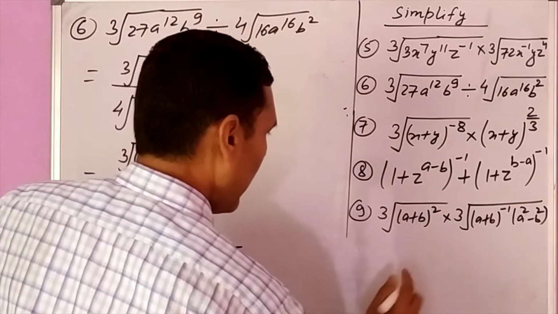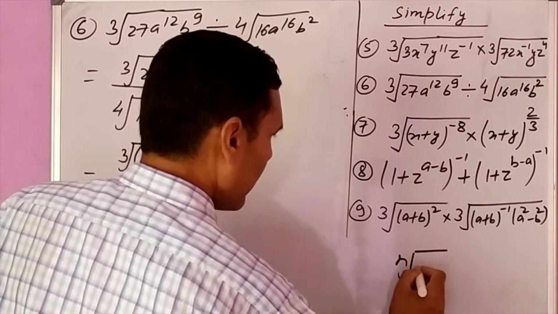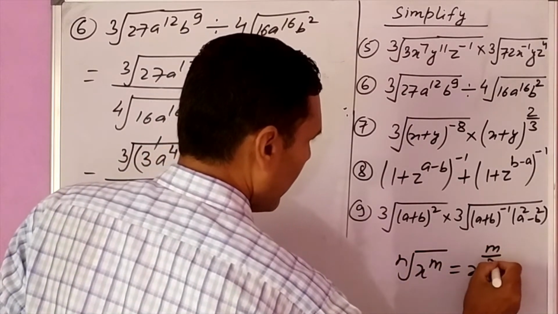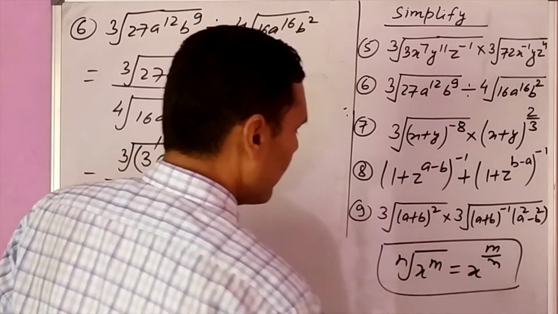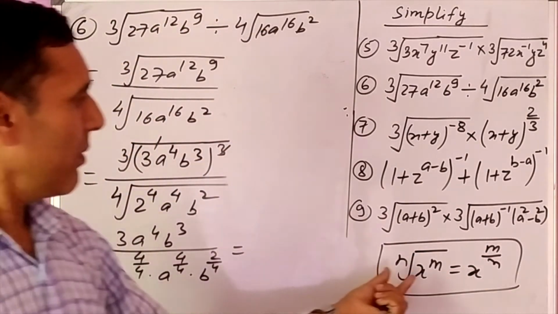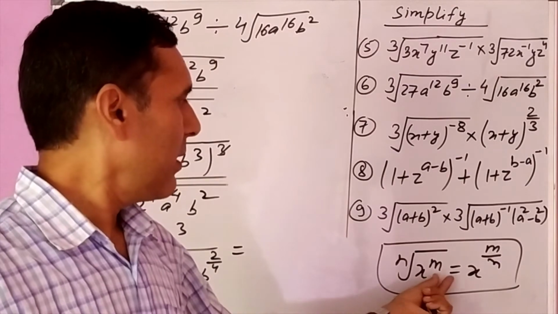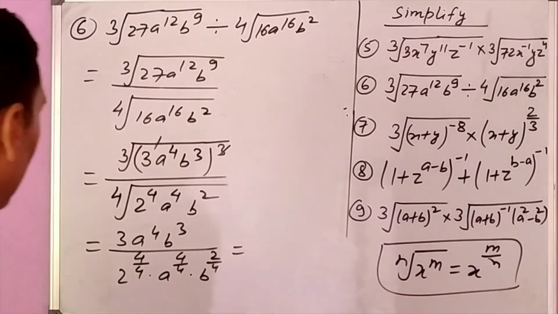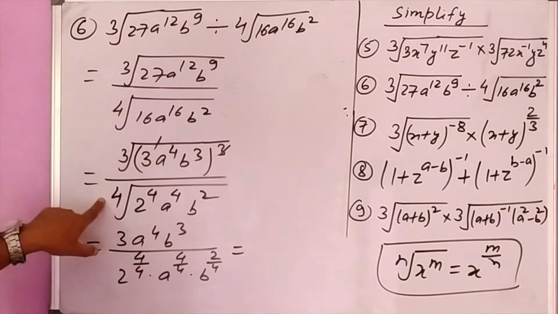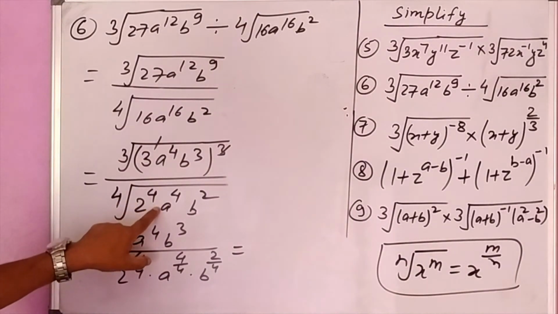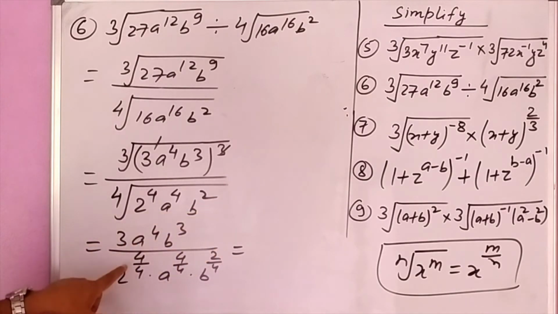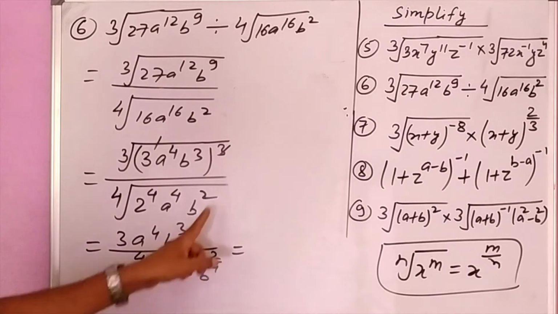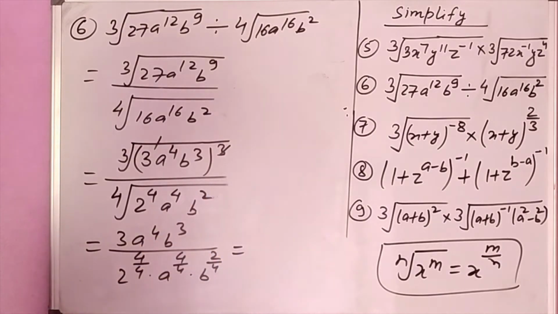So we are using this thing, look here, root law of index, x to the power m upon n. It is very important result. While removing the root, look here, according to root law of index, x to the power m upon n. This order goes to the denominator of the power. So order is 4. This 4 is brought to the denominator of power of each one here. 2 to the power 4 upon 4, a to the power 4 upon 4, b to the power also 2 upon 4. We can write like this.